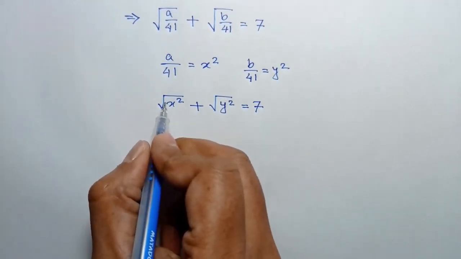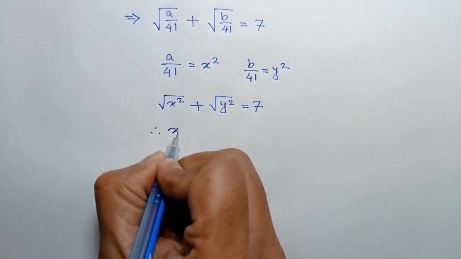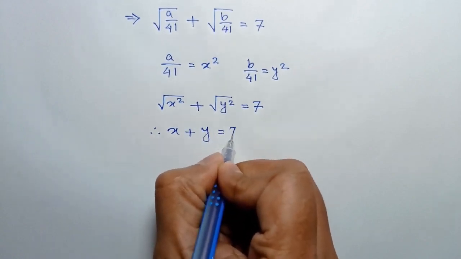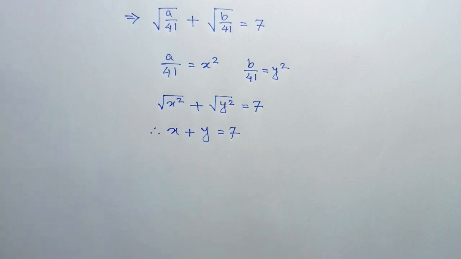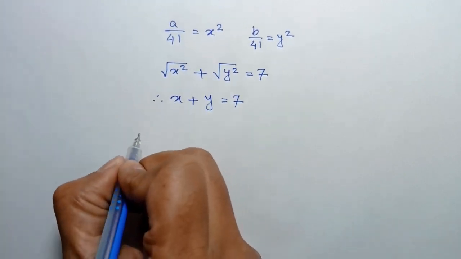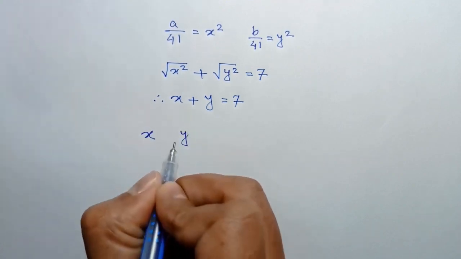This square root and square will cancel out, so it will remain only x plus y is equal to 7. Here x and y are integers,